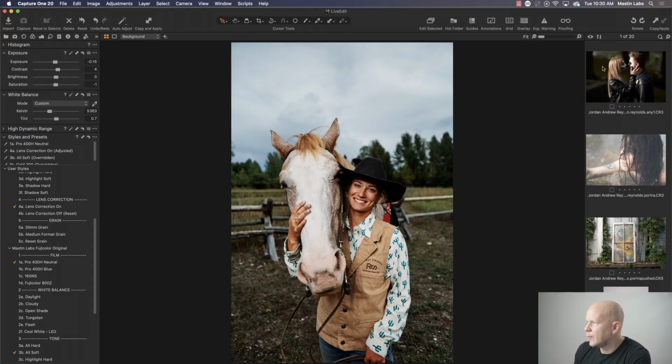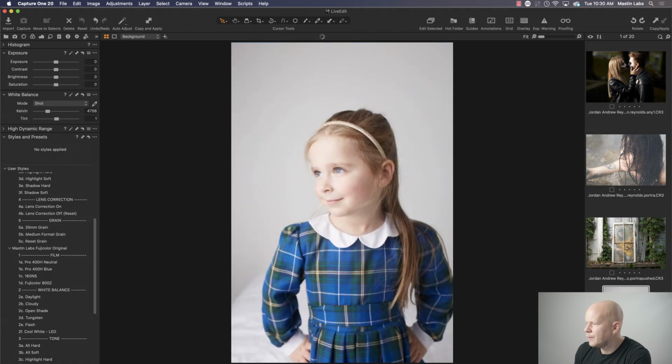Let's see if I have a photo here that would help. Okay, this image is by Paul Souza. What I mean about not putting yourself in a situation where you need a radial filter or a brush to even out mixed lighting is to make sure you're not in mixed lighting, if possible. This is the only example I could pull out of what we have for today. But if I was shooting a wedding and I was in a room where people are getting ready and there's a big window light on one side, which is very typical,